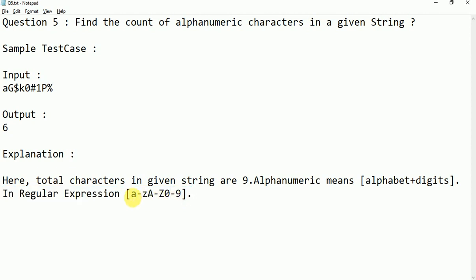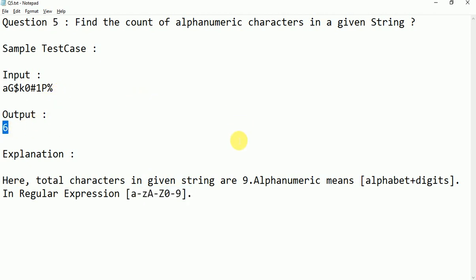These are the set of things allowed for alphanumeric characters. If you see the input, the dollar, hash and percent, these three things do not belong to the category of alphabets and numerics. So total length is 9, 9 minus unwanted 3 is 6, so 6 is the output.